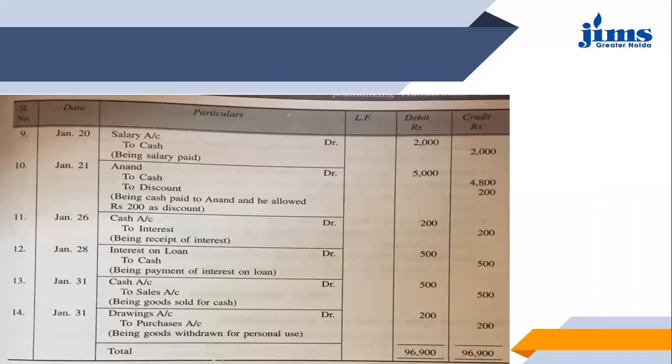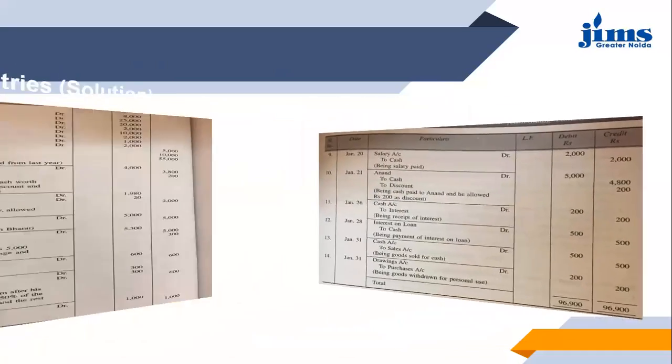So that is why it is being said in the journal entry that 4,800 is paid for the final settlement. So the remaining 200 has been taken as a discount, because it has been clearly said that this is for the final settlement. So no further payment will be made. So this is the final settlement. So we have passed the entry accordingly that Anand account has to be debited with full 5,000, so that this account can be nullified. Nullified in the sense of equal and opposite debit and credit balances. Anand has been previously credited, now he has been debited, his account has been settled.